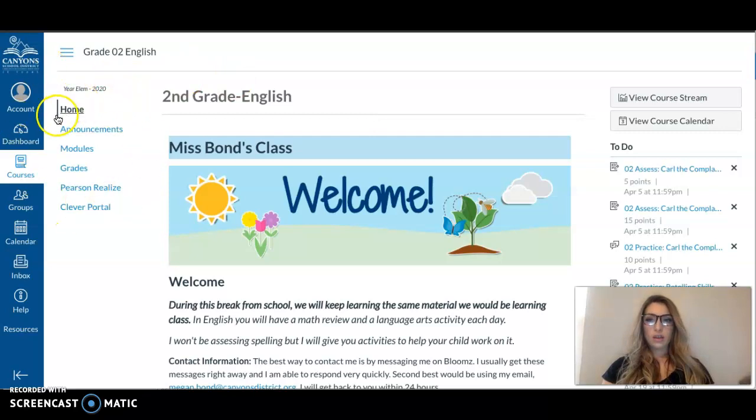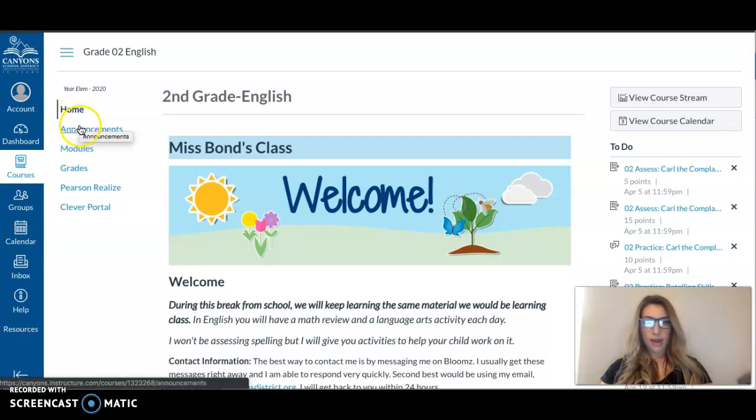Now you can see that there's the navigation bar here. This will take you to a few different places. There's also some buttons in the home page that will take you to them as well. So there's two different places that you can get to them. The announcements tab, I may post the announcements that I post on Blooms in here as well. That way they're in two places, but I don't see myself using that as my prime communication tool, so I wouldn't worry too much about that,